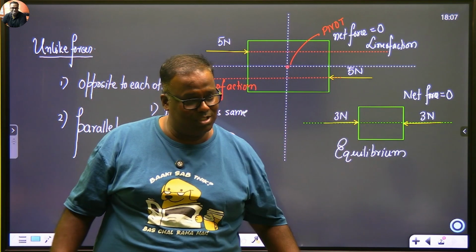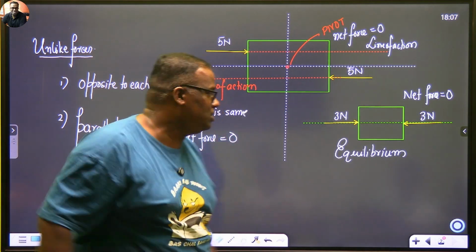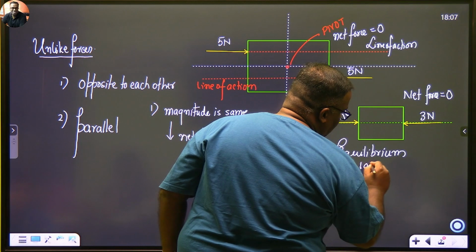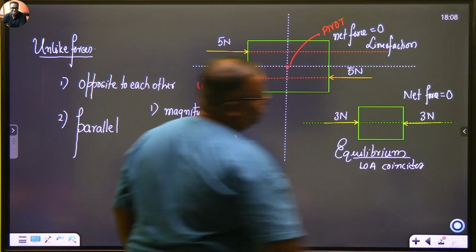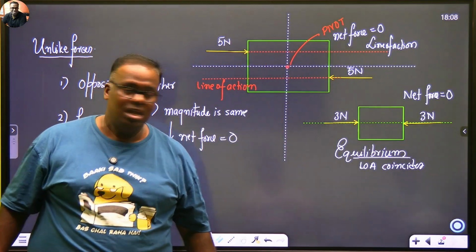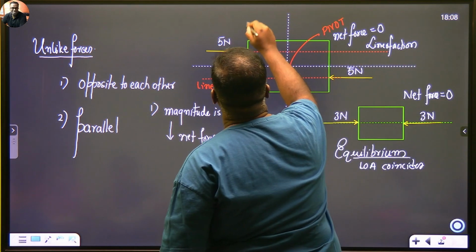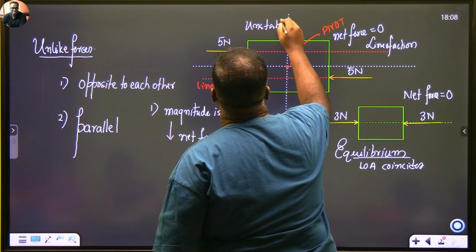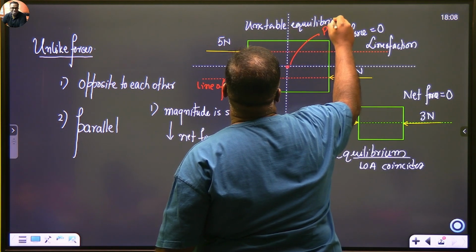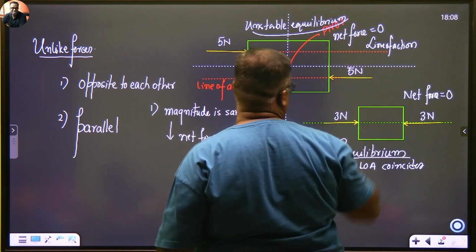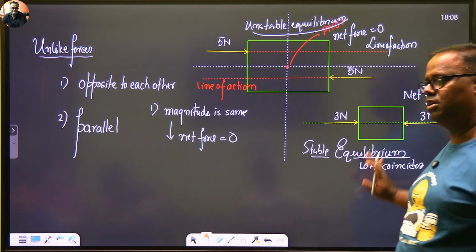So equilibrium is not defined only by magnitude and opposite forces. Equilibrium's most important point is how is the line of action of the forces. So here what we'll say, the line of action coincides. So the body is in equilibrium. Do you get it? अगर हम इसे ऐसे पुल भी करते तो भी कोइंसाइड करता। यहां पे बॉडी इज इन अनस्टेबल इक्विलिब्रियम। इक्विलिब्रियम मतलब समझो ना, बॉडी के स्टेट में कोई चेंज नहीं है। हियर इट इज इन स्टेबल इक्विलिब्रियम, बॉडी आराम से रहेगा।